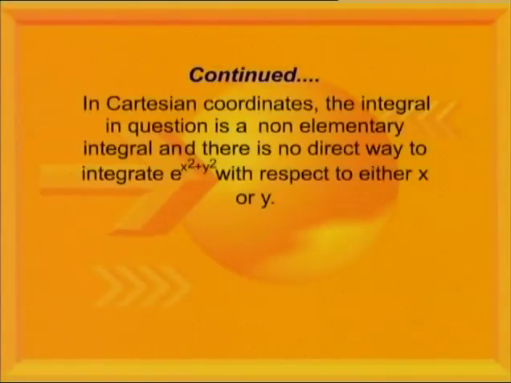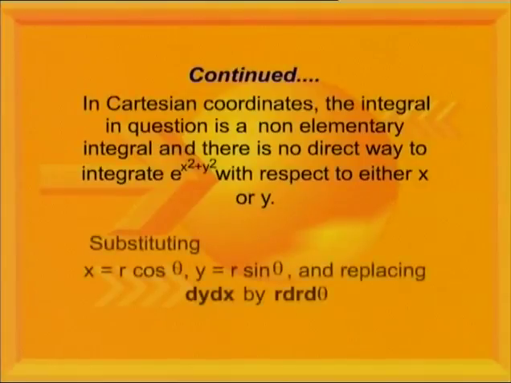For x we will write r cosine theta, and for y we will substitute r sin theta, and we will replace dy dx by r dr d theta as usual, which enables us to get the result in this form, that our integral is equal to the integral of e raised to power r square into r dr d theta,